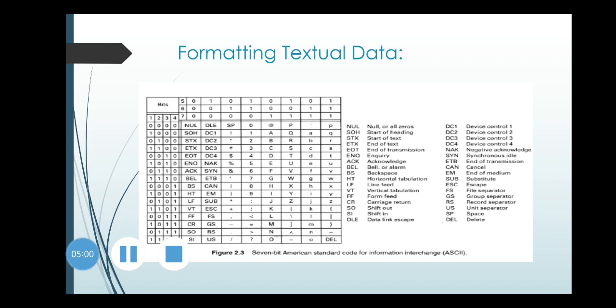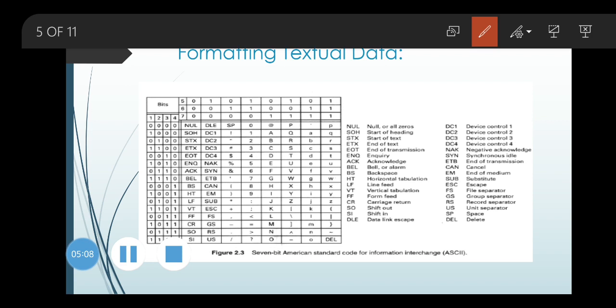So this is the formatting of textual data using ASCII. You can see that for different letters, first of all the bits are represented here as 1, 2, 3, 4, 5, 6, 7. The least significant bit is 1 and the most significant bit is 7. We represent the data in the same format, and you can see that different alphabets and alphanumeric values are given, like ampersand, hash, at, as well as small letter alphabets, capital letter alphabets, less than symbol, equal to symbol. So this is how it is.